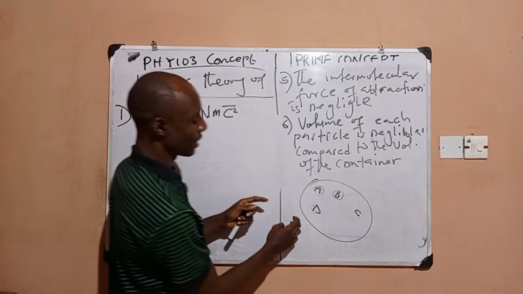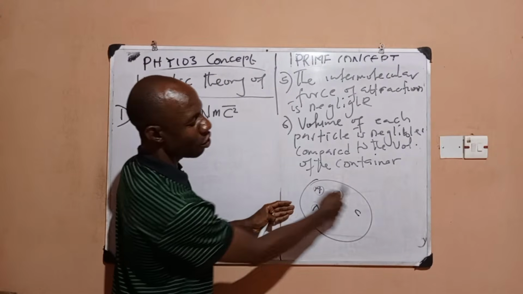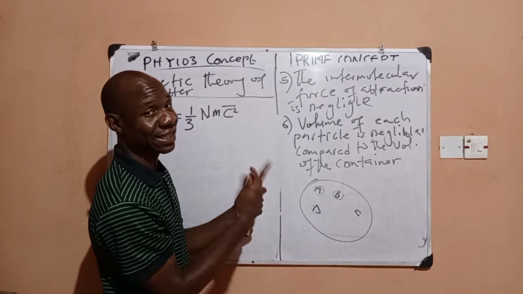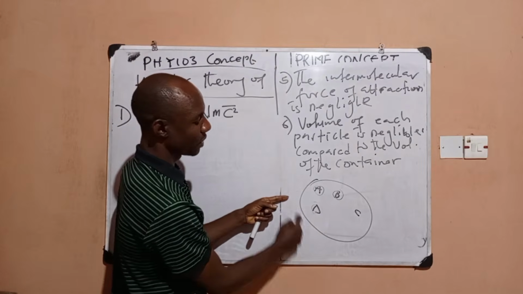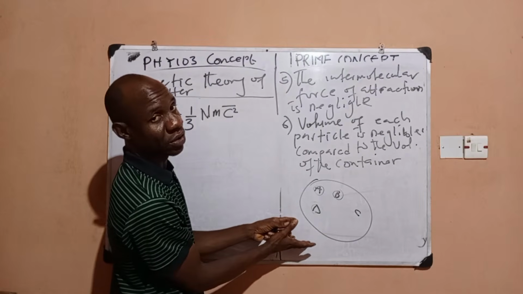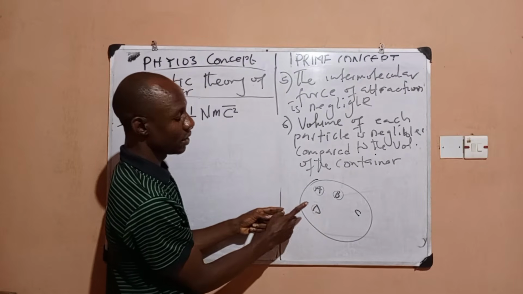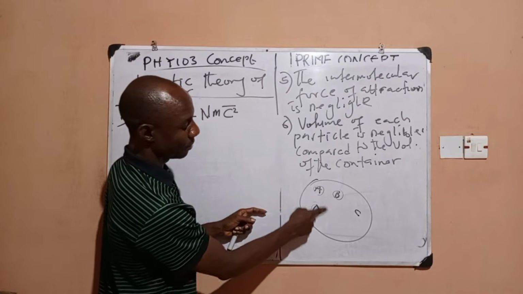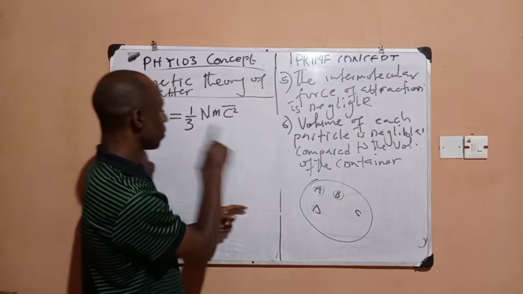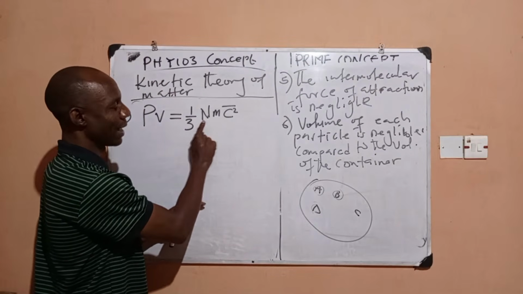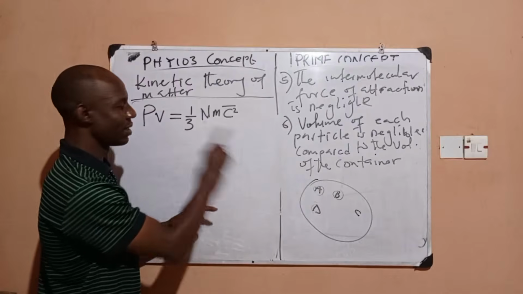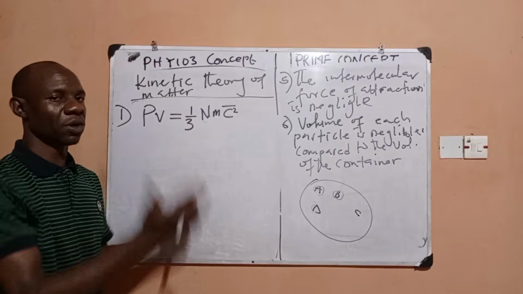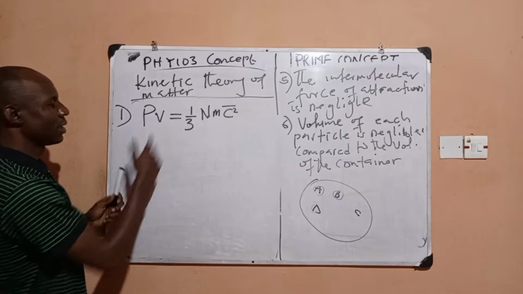So if I want to look at the pressure exerted by all these particles, one assumption is that all the particles are alike, they are similar, right? So if I want to look at the pressure exerted on this container, the total pressure is going to be how many? If I have 4 particles, I will just say 4 times the mass of one particle. So what this means is the number of molecules you have. If there are 20, you use 20 times the mass of one of them, so it gives you the total mass of all the particles. So that is what N means in this.